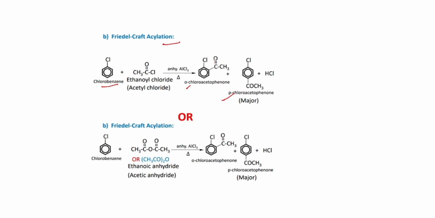Cl is already here and this group COCH3 is attached with the aromatic ring or we can also simply say this so here so this is chlorobenzene and the next one is CH3CO whole twice and oxygen that is ethanoic anhydride and it gives ortho position ma and para so यहाँबाट हामीले यो पनि भेट्न सक्छौँ कि मेटा पोजिसनमा जेनरली कुनै पनि फङ्सनल ग्रुप अट्याच हुँदैन जेनरली हामीसँग के हुन्छ अर्थो ग्रुपमा अट्याच कि त प्यारा ग्रुपमा